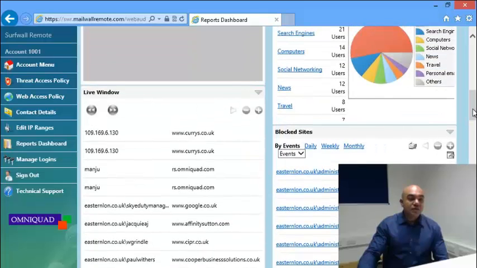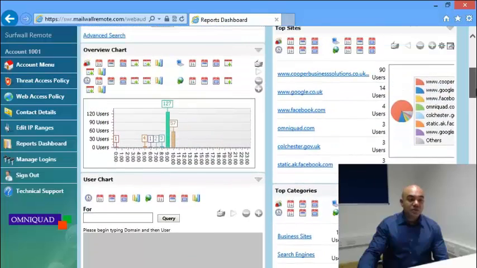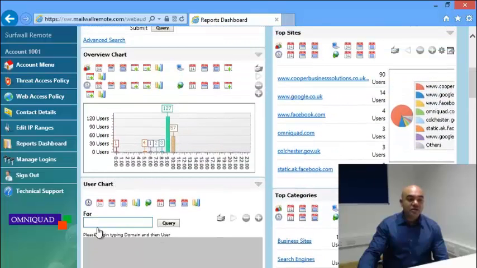We have a live window showing you which of the users are currently online and the websites that they're looking at, and this is in real time. We have a number of overview charts. So we have an overview chart by user. I can simply select a user by typing in the domain, and selecting from the drop down the individual that I wish to run the report on, either by time or by bandwidth, and this can be sent to me